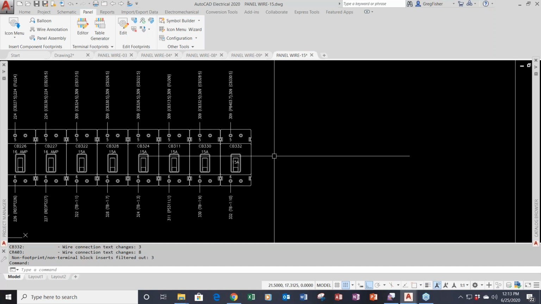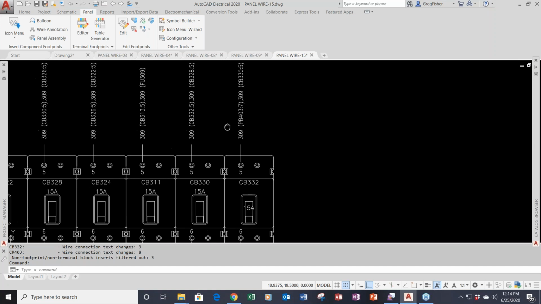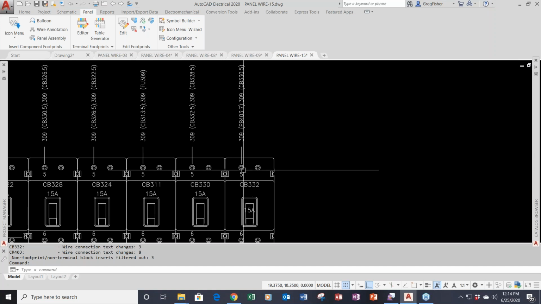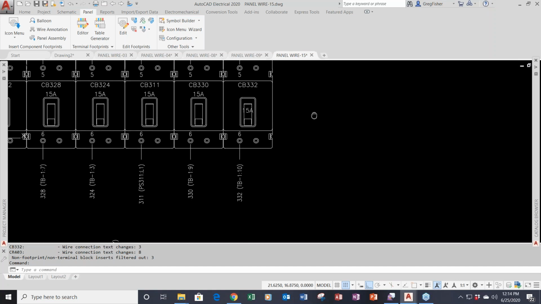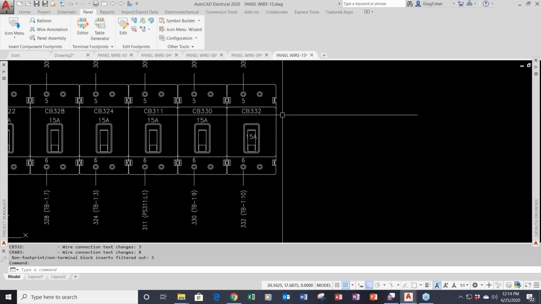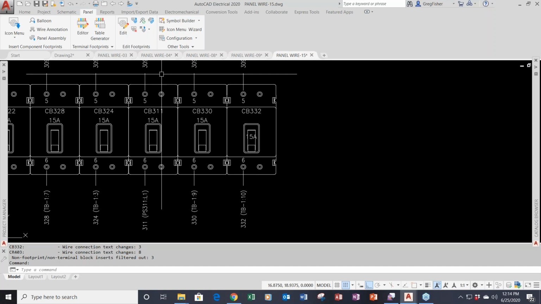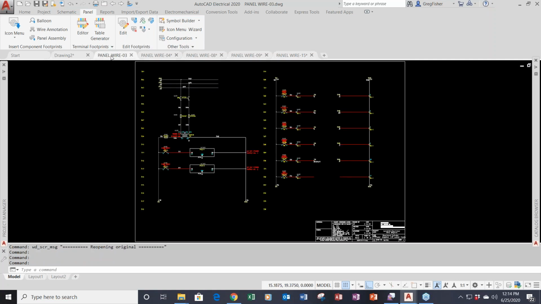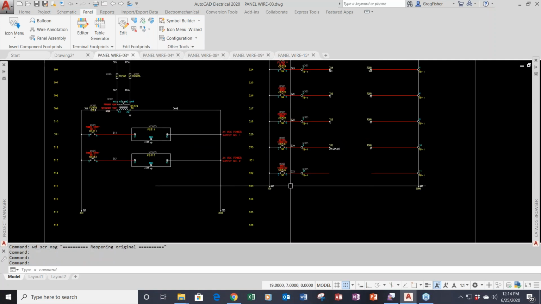So obviously in this case, terminal number 5, that was the common. That's why you see 2 wires up here. And then the other one has one that goes to a terminal block. And if I go back, because sometimes we're always leery, did it really catch the correct wiring information? If I go back to the schematic itself,